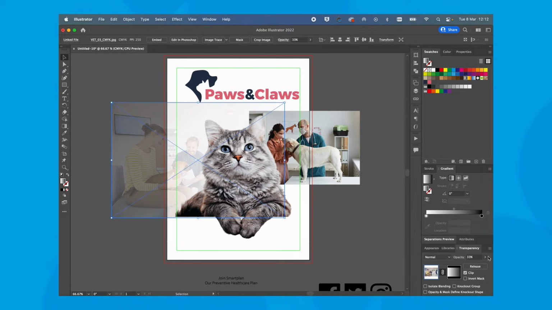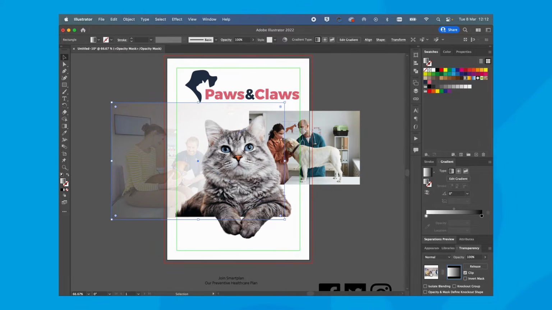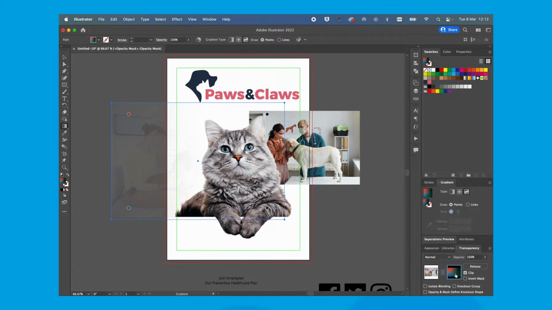And what you can do, so when I select that now, it's showing me the thumbnail with the mask and the thumbnail of the original image. Now if you click between the two, it will mean you can edit each one in turn. So for this mask one, I actually want to try using this new gradient tool in Illustrator, the freeform gradient. So if I click that, I can actually edit this mask, and you can see it's sort of gone to a default.